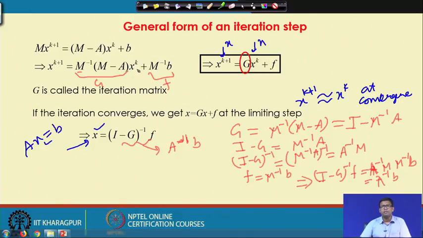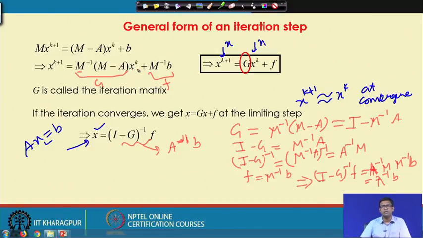Inverting different matrices needs different efforts. For example, if we have a full matrix of n into n order, inverting is something like doing a Gauss-Jordan step over the matrix, which will take n cube operations. But if we have a diagonal matrix, it will take fewer operations. If we have a triangular matrix, it will take a little more operations, but not as many as the fully dense packed matrix. So, inversion also depends on the nature of the matrix, and we have to see